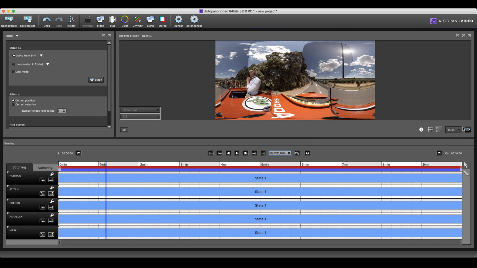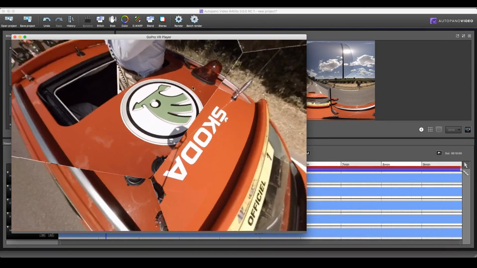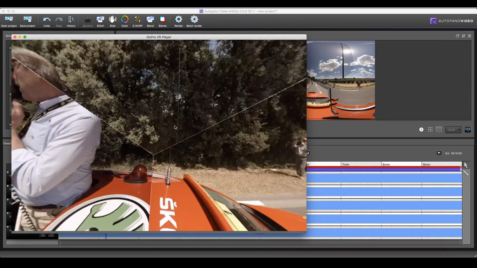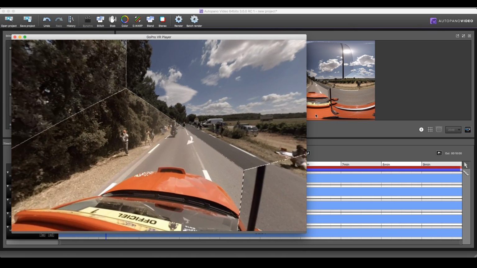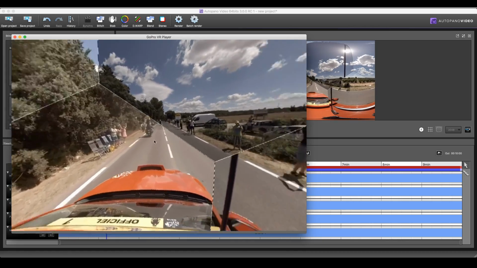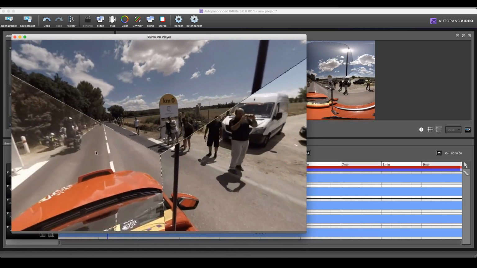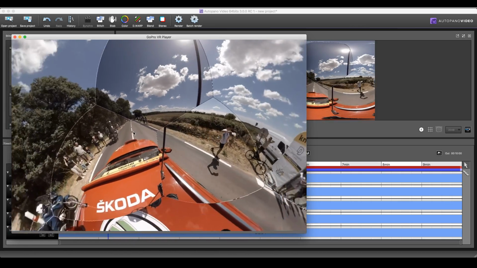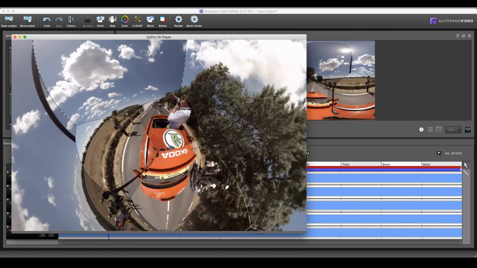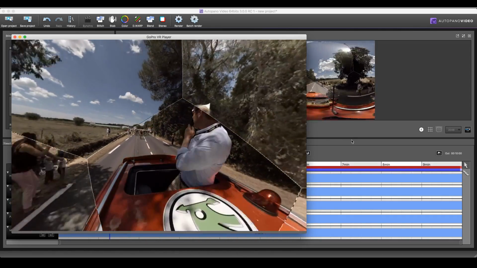And now if I go into Autopano Video 3, I click on GoPro VR Player Preview, and you see that I have my preview right here. And obviously this is all able to do live, so I can really check out what's happening here in real time. I can zoom in and zoom out to go to little planet,